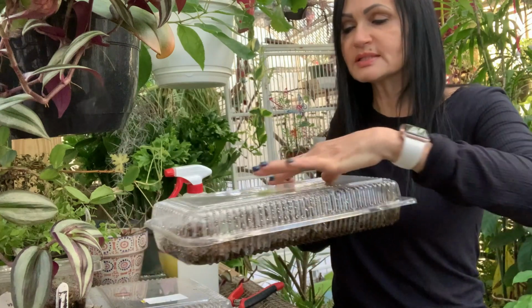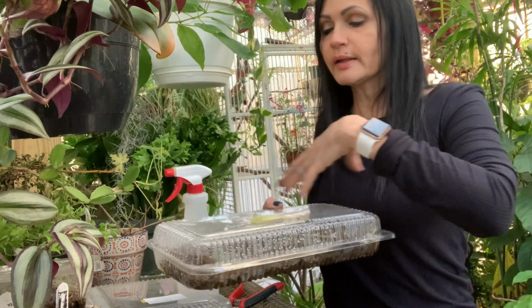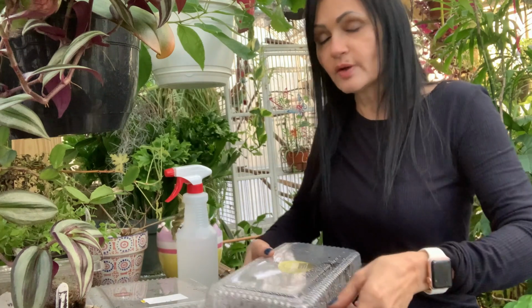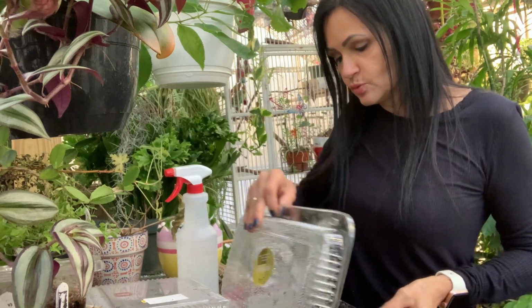Again, I do keep this in the greenhouse, and the greenhouse stays pretty warm. So I constantly get that humidity in there, which is what I want. I do want that. So what I've done is,